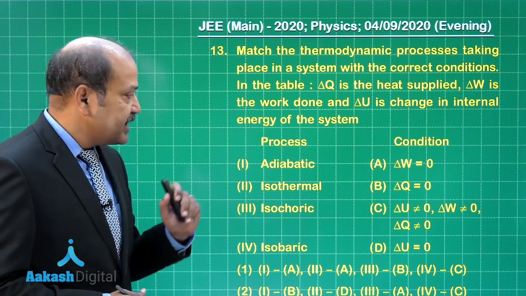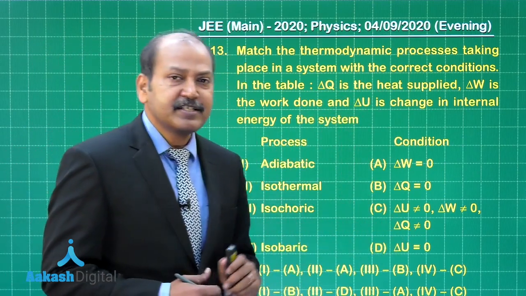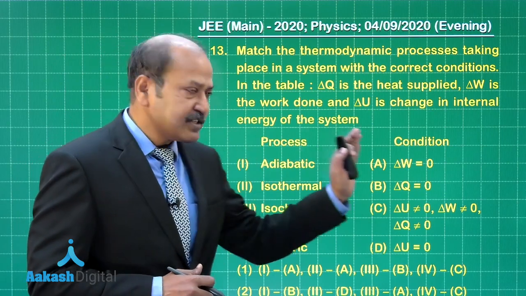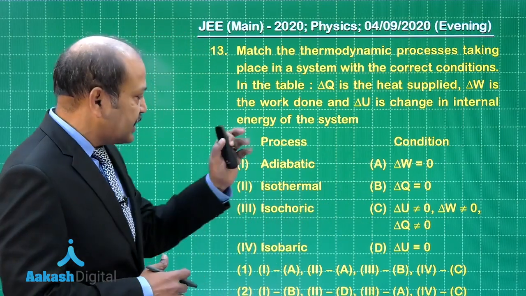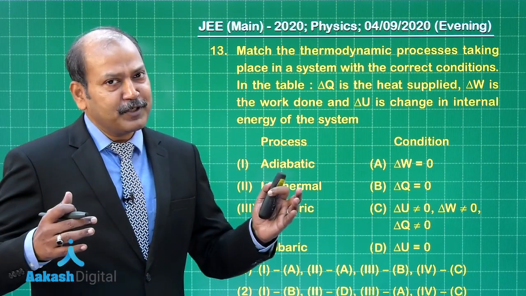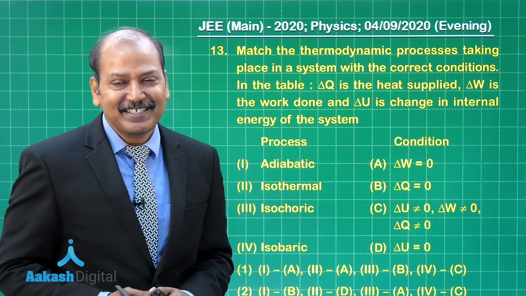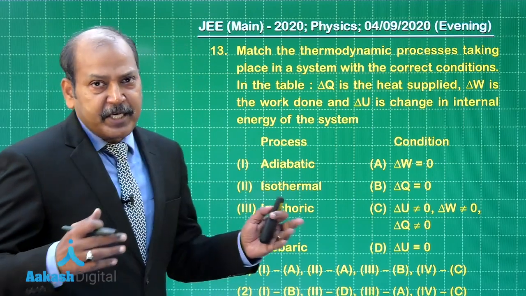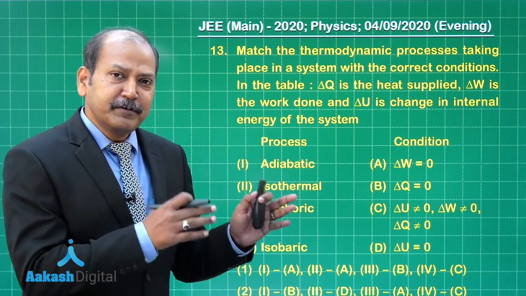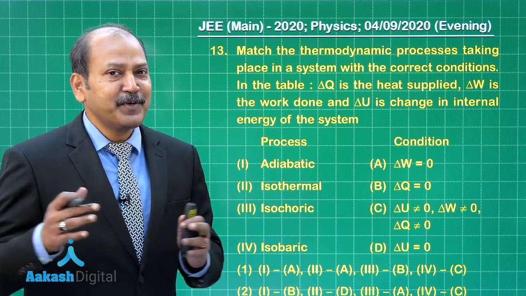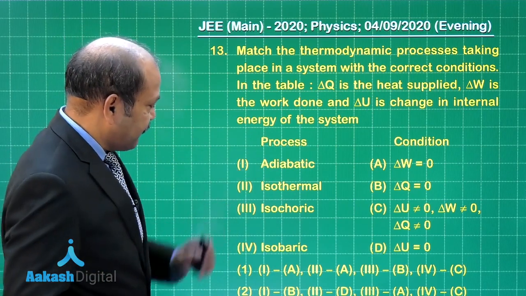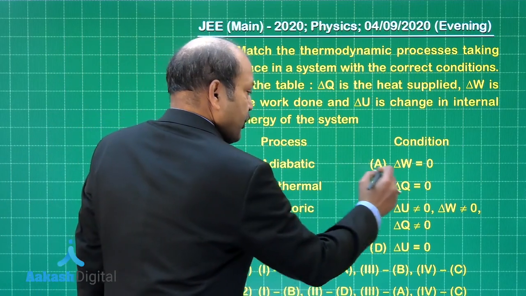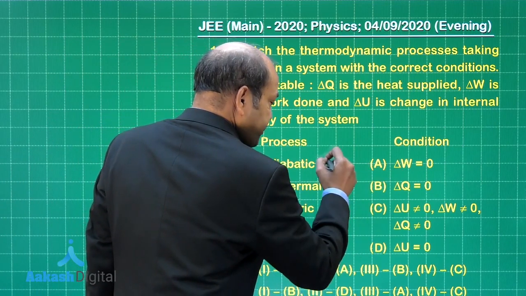The processes have been listed here and the conditions are listed here. We have to find the correct match of the processes with respective conditions. Let us look at the first process, and of course clearly the question is from the topic thermodynamics. So, the first process is adiabatic, and what defines adiabatic process is delta Q is 0. That means for the first entry delta Q is 0, option B in fact, or rather entry B is the